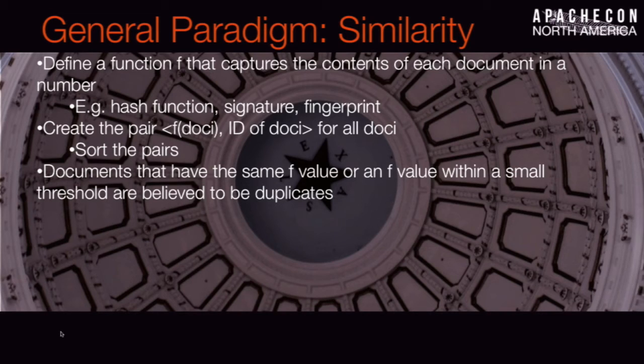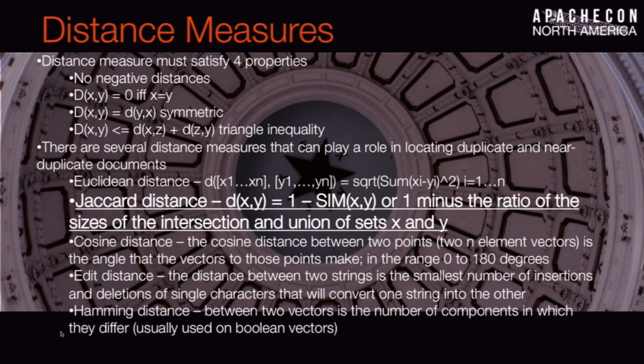And guess what? Then if we sort them by score, we'll find all the documents that are similar within a threshold, that all have a very similar score, right? And so generalizing this even more, we're really talking about distance measures, right? How do we measure the distance between content and different types of documents that have features? Generally, distance measures have to fulfill these 4 properties. No negative distances. The distance between x and y is 0 if they're the same. The distance between x and y and y and x is the same, symmetry, and then it's got to fulfill something called the triangle inequality.